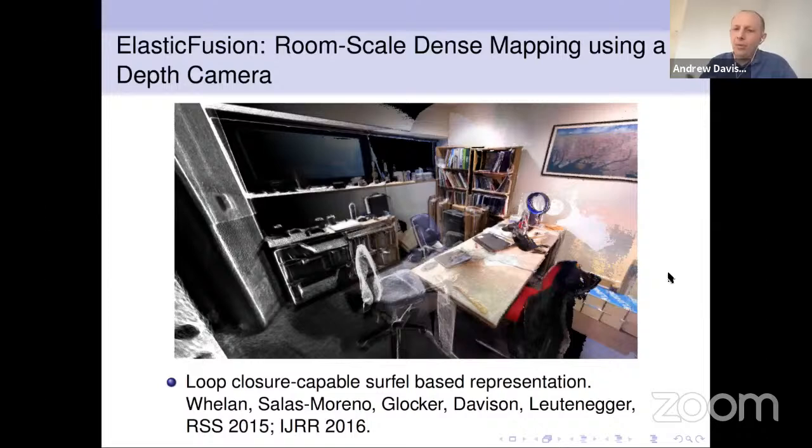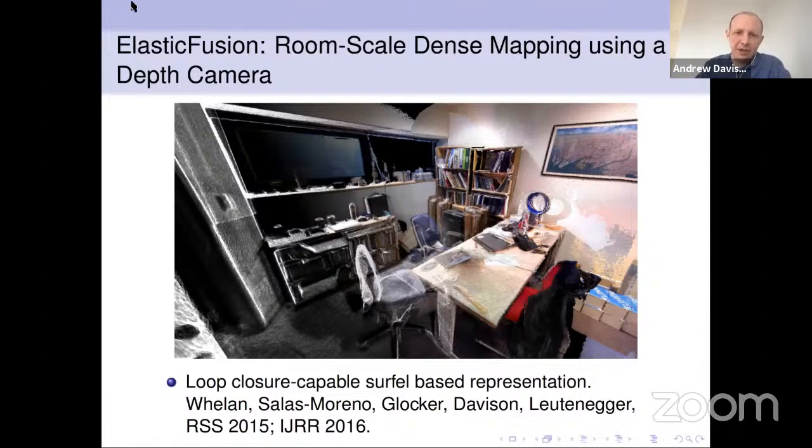And then work continued on that. Certainly feature-based SLAM systems got gradually better and better. But then a few years later, the next big challenge was, could we go from sparse feature maps towards dense maps, which are not just purely about a map of landmarks to enable localization, but a map that would actually give us detailed information about a scene. And some of the early work we did on that was systems like KinectFusion and DTAM.